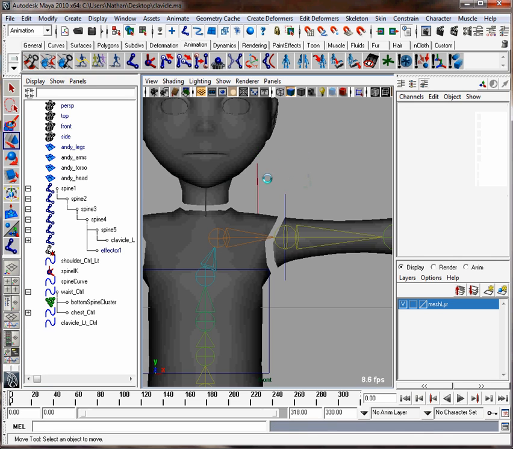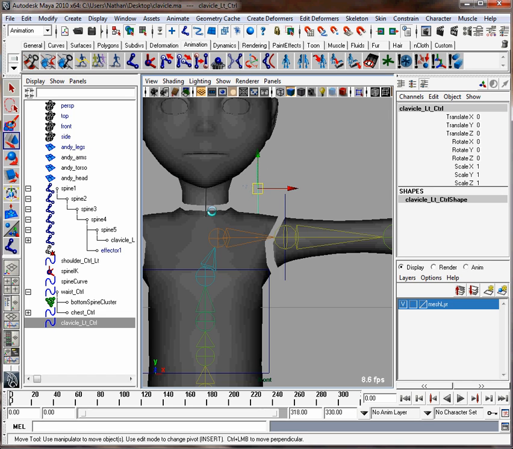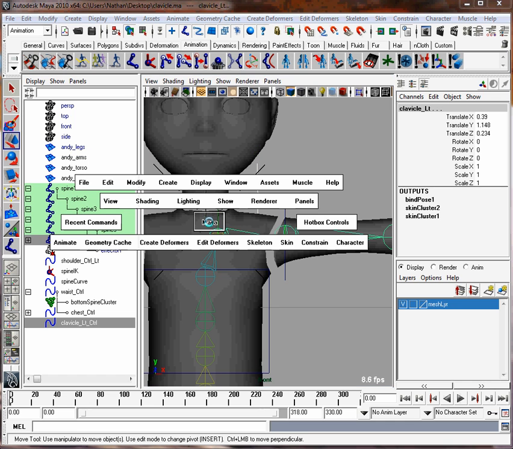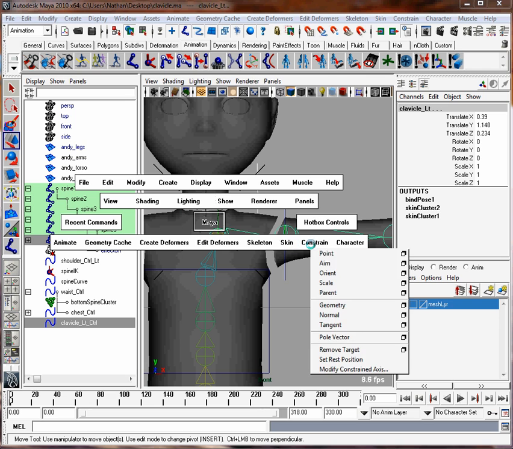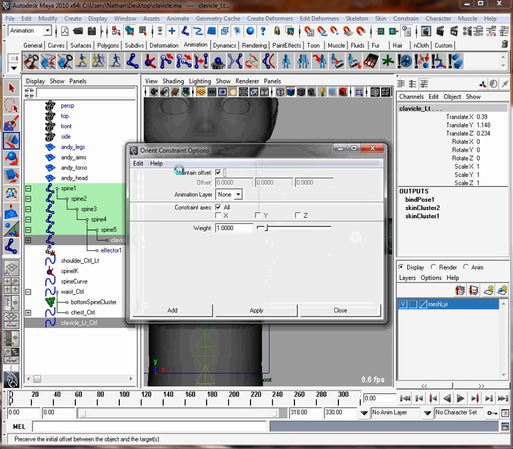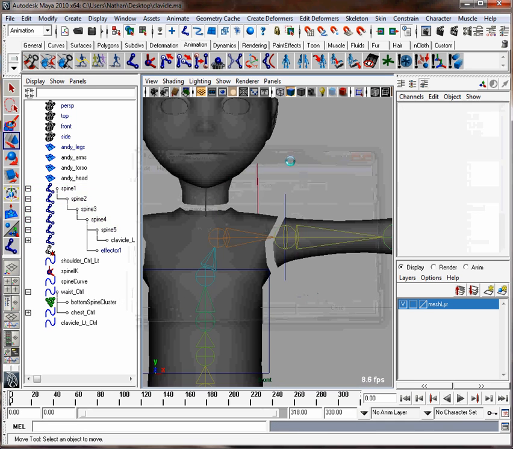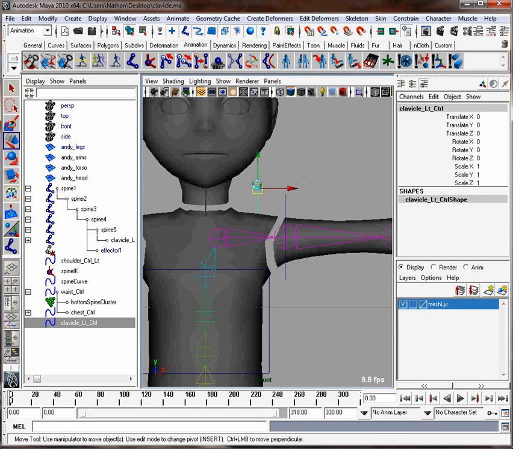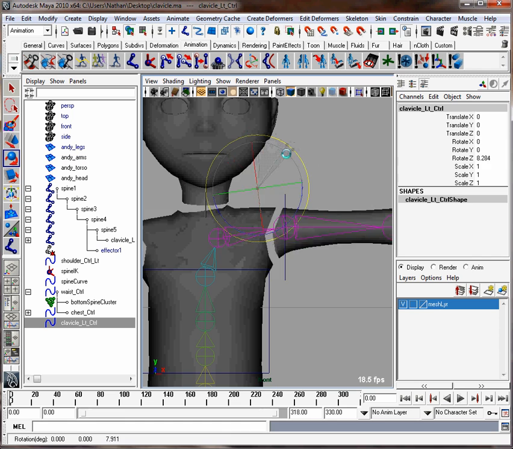I'm going to use an orient constraint to constrain the clavicle, so I'll select my clavicle control, my clavicle joint, and then go to constrain orient. Let's make sure we have maintain offset on and hit apply. So now when I rotate this, my shoulder will rotate up and down,